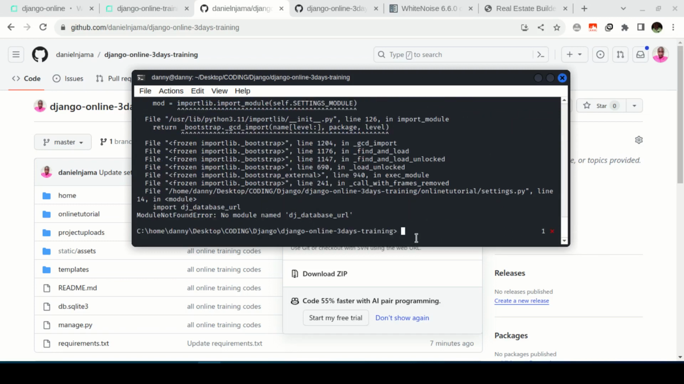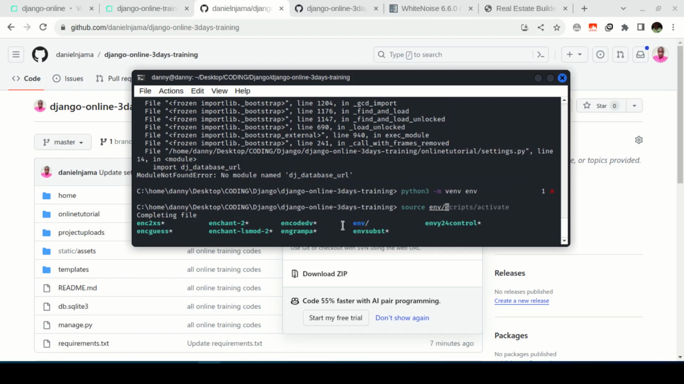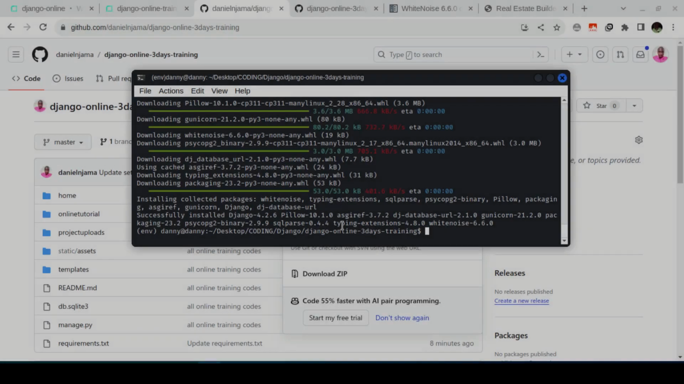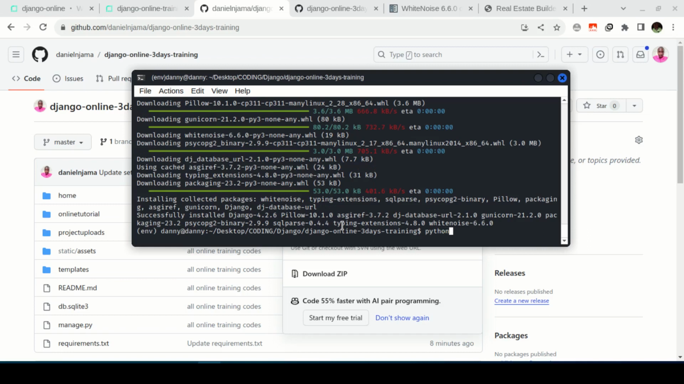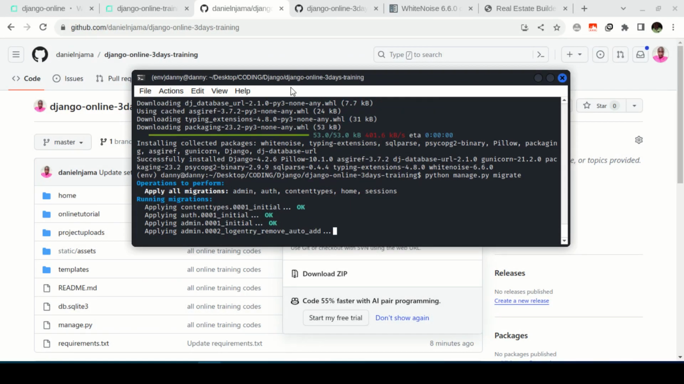All right. So let me create a virtual environment. This is how I activate it. All right. So you can install, pip install requirements.txt. All right. Then I can proceed and do the migration. Python manage.py migrate. So it's going to take maybe some few seconds. So in the meantime,